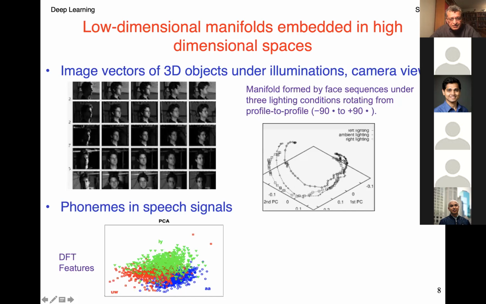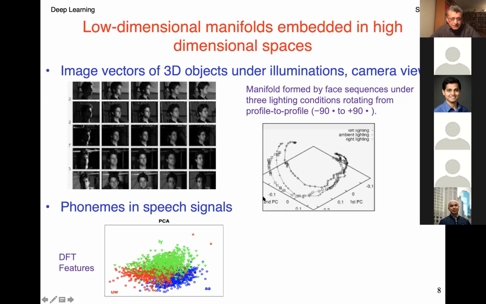So I don't know how they did it, maybe here to here and here to there and so on, some sequence here. Ambient lighting, right lighting, left lighting, and so on were all being used here. And it sounds like these are 3 different people being rotated along here. So there's a curve for 1, curve for 2, curve for 3. So the point here is that these are low dimensional manifolds, and they are showing the values in some other space, and it's an extremely low dimensional manifold